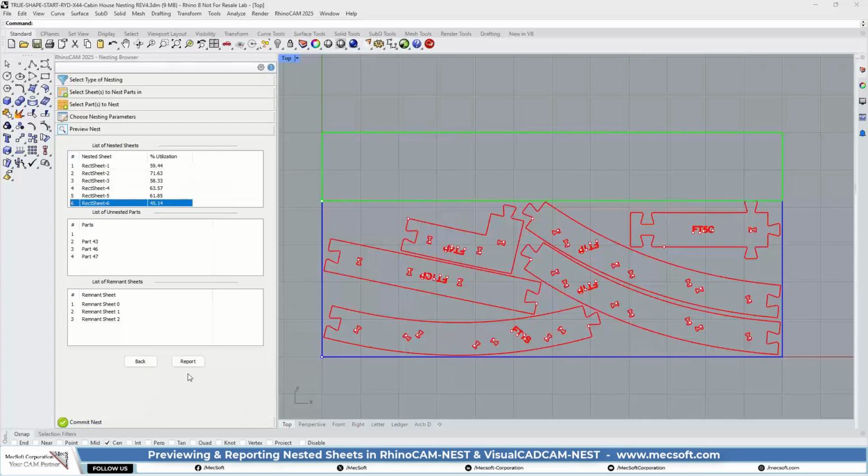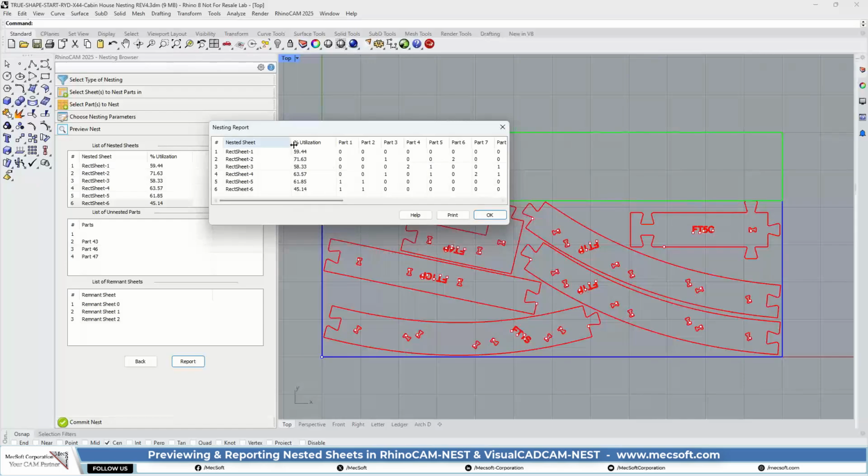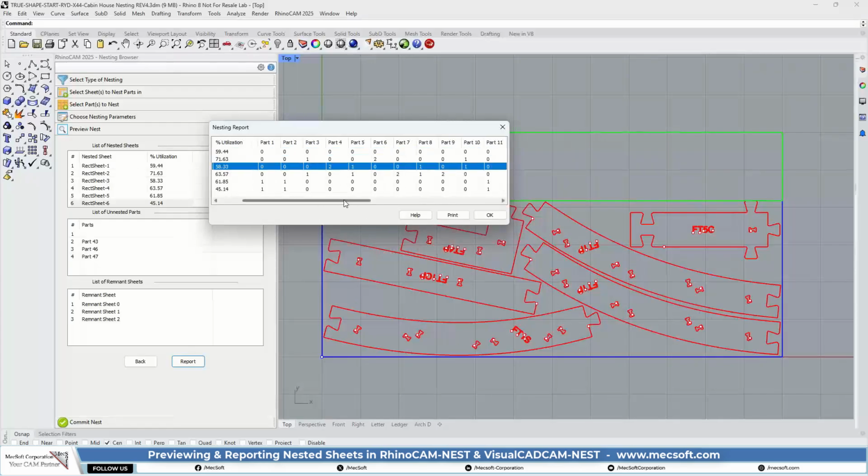Okay, so let's go. You can also get a report. The report will tell you what components are in each sheet, okay? And you can